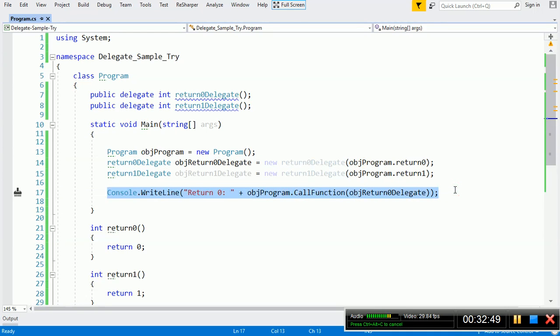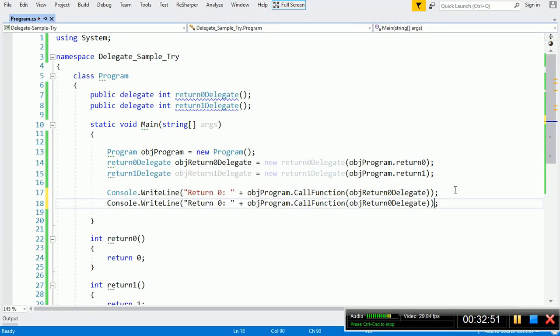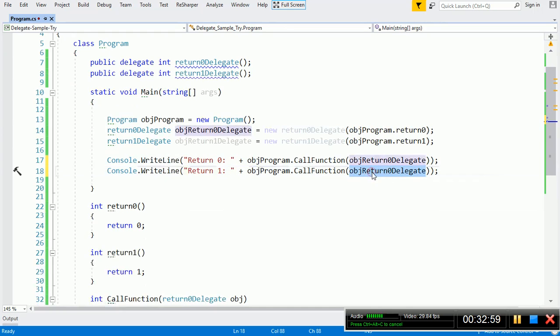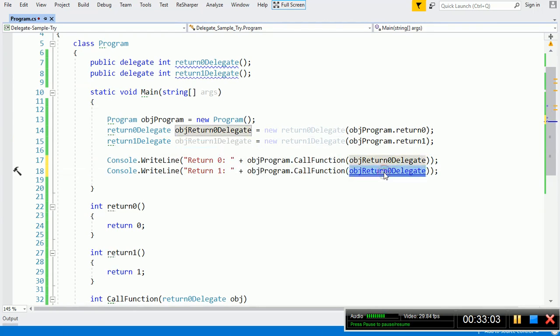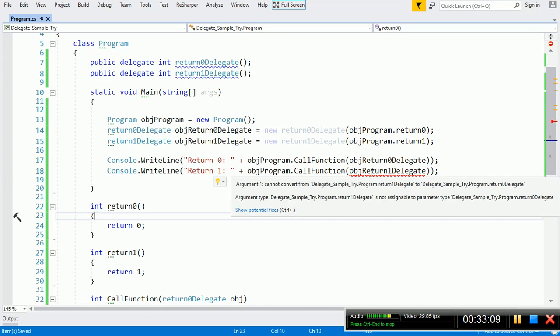It works, it didn't show any error. Now I will do the same for return 1 also. So return 1 is equal to object Program dot return 1 delegate. Right now it is showing some error. Here there is no error, but here there is an error.